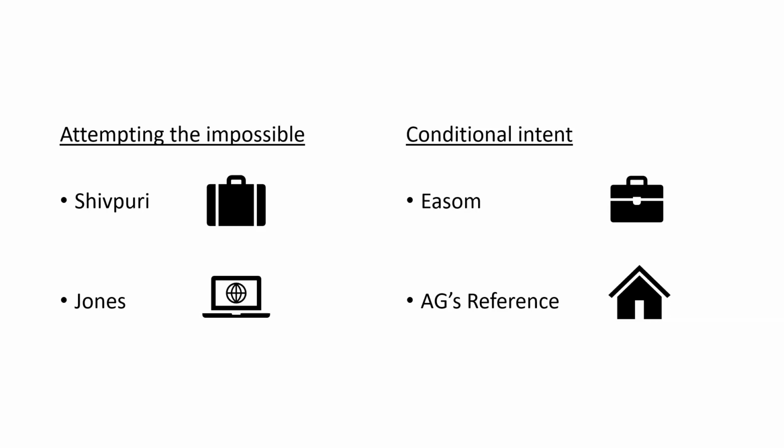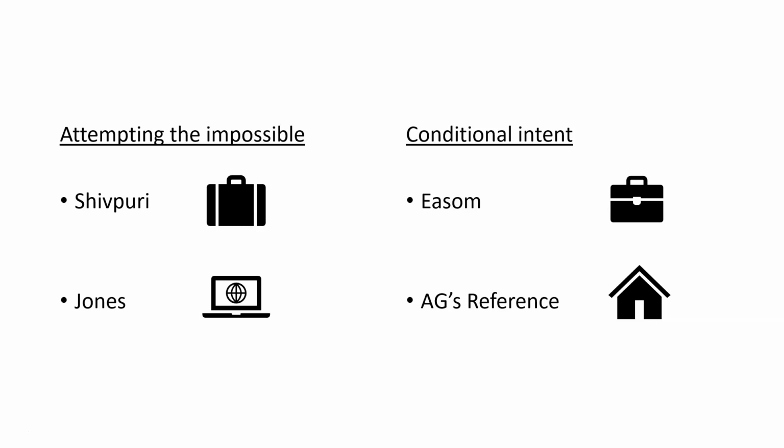in certain circumstances. Jones was a similar case to this, happened quite a few years later after Shifpiri, I think, and a policewoman was posing as a young girl, and a man was talking to her on the internet, and he basically tried to argue that he couldn't be guilty of attempting to solicit sex from this underage girl because she wasn't actually an underage girl, it was actually a policewoman, so it was impossible. But they said no, you can attempt the impossible based on the precedent of Shifpiri, so he was found guilty.